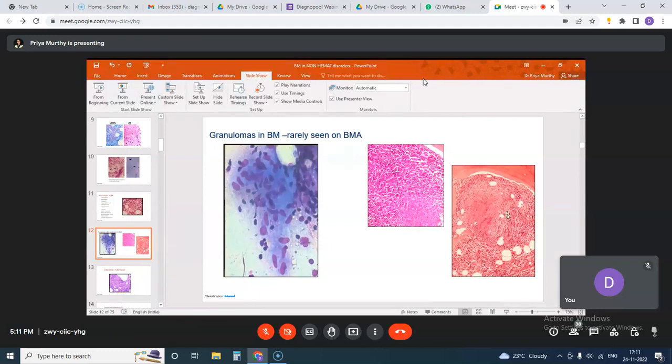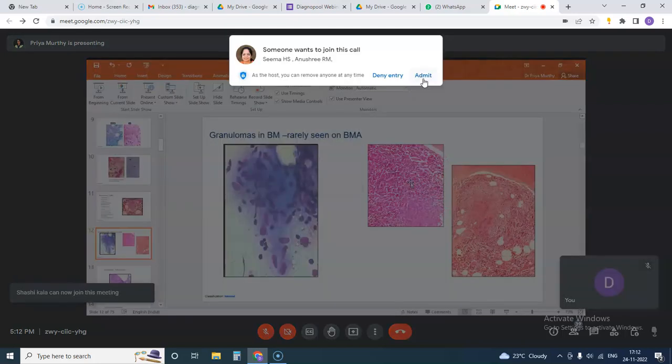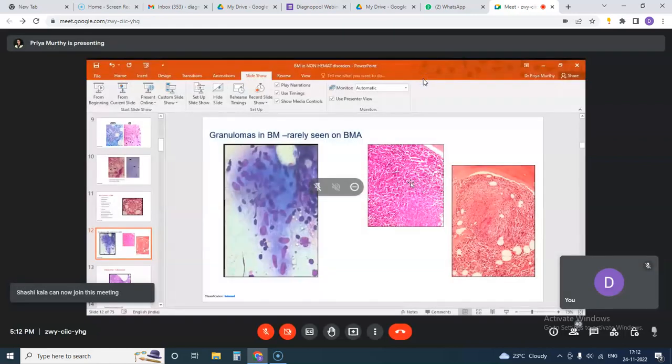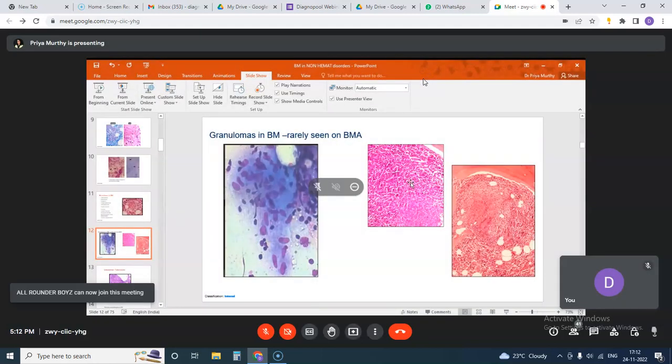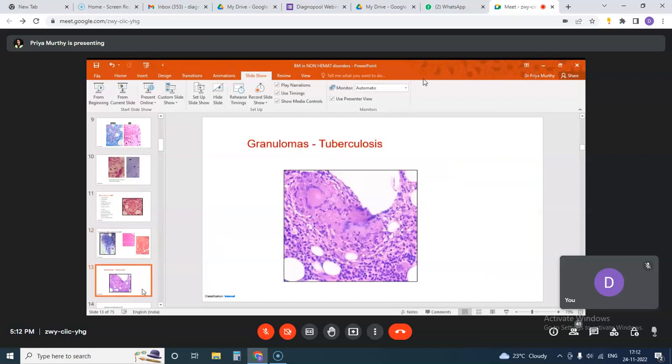In the biopsy, we come across these caseating granulomas sometimes, which are usually paratrabecular in location. There is caseation necrosis. You don't find the typical granulomas that you come across in lymph nodes, where there is central caseation surrounded by epithelioid cells. But in bone marrow, in tuberculosis, these are paratrabecular in location. They are associated with some histiocytic clusters. Then the Langhans giant cells are also present along with it. And an AFB stain turns out to be useful in these conditions.